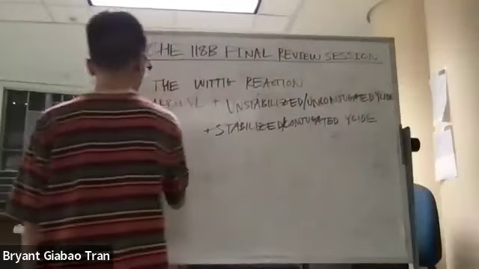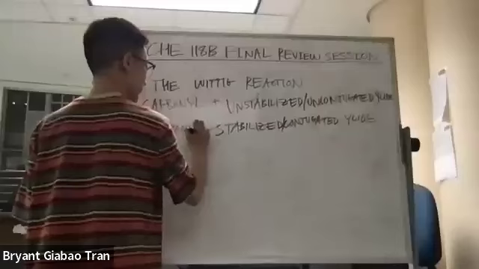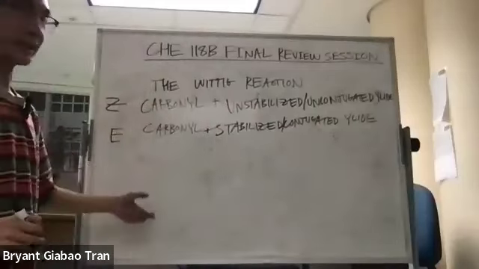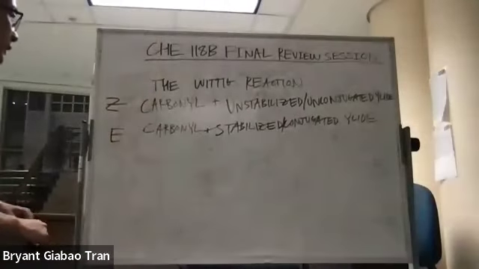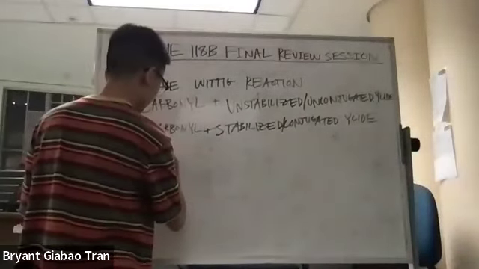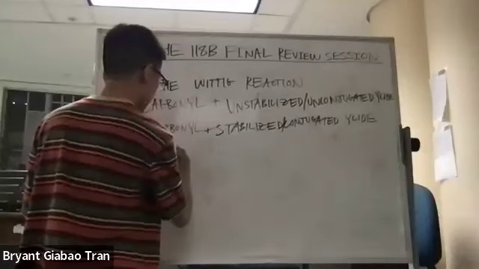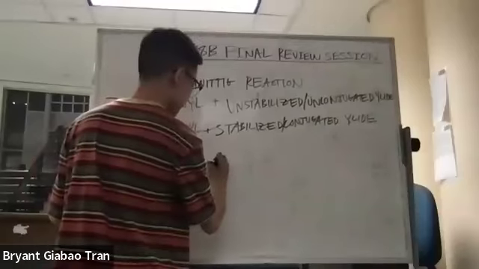Right? It doesn't matter if the carbonyl is conjugated or not. What matters is the ylid, right? The carbonyl will not affect the E or Z. The ylid will affect the E or Z alkene. Right? So let's do the Z alkene. Let's say we have this carbonyl reacting with this